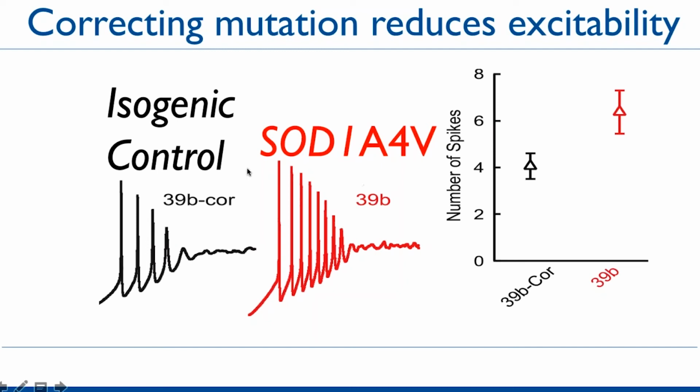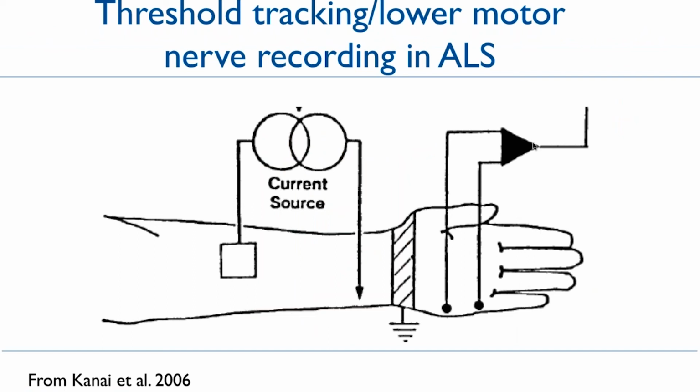And what was really remarkable is that correcting this mutation and then looking in the motor neurons that came from that patient led to an amelioration of this extra activity in the motor neurons. So here you can now see head-to-head, cultured at the same time, cells that essentially barely differ at all, with the exception of this one nucleotide change, which is responsible for this mutation in the SOD1 gene. And you can see that just that change is sufficient to modify the physiology in this way.